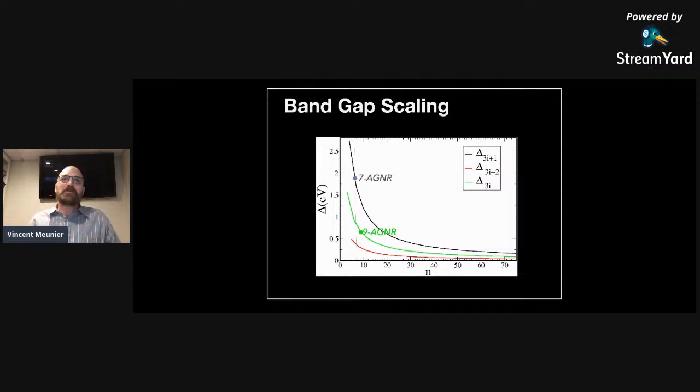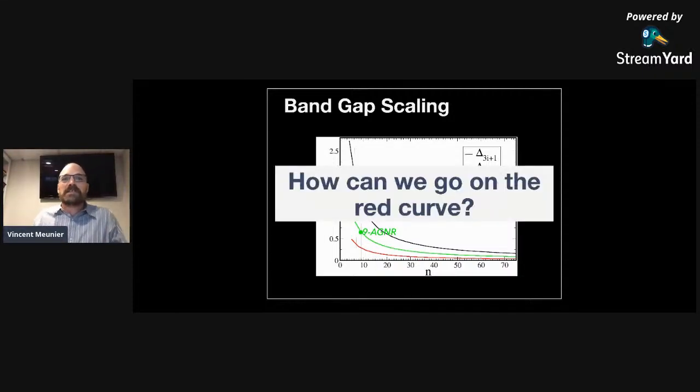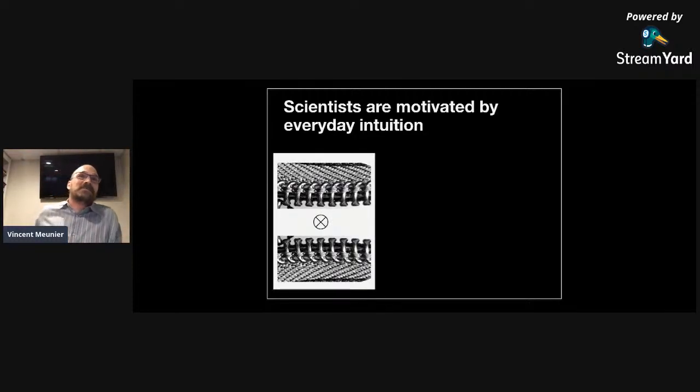Anyway, let me try to go back where I was. We were talking about those band gaps that we can engineer, basically playing with quantum mechanics. The question you can ask is, can we go to other places on those curves? We want to change the band gap. And you can. If we have two of those ribbons, can we fuse them to make a bigger one? And if we make a bigger one, we can move on the curve I just showed you.